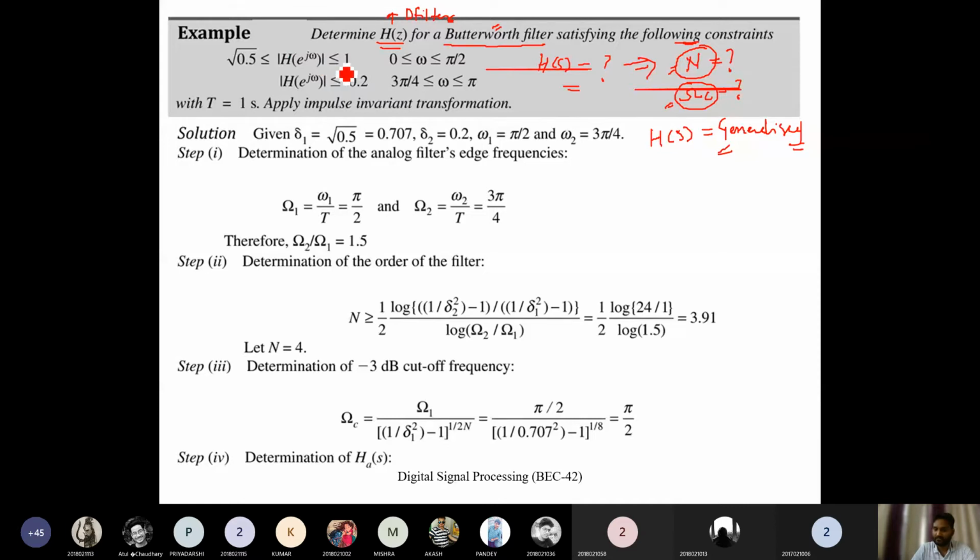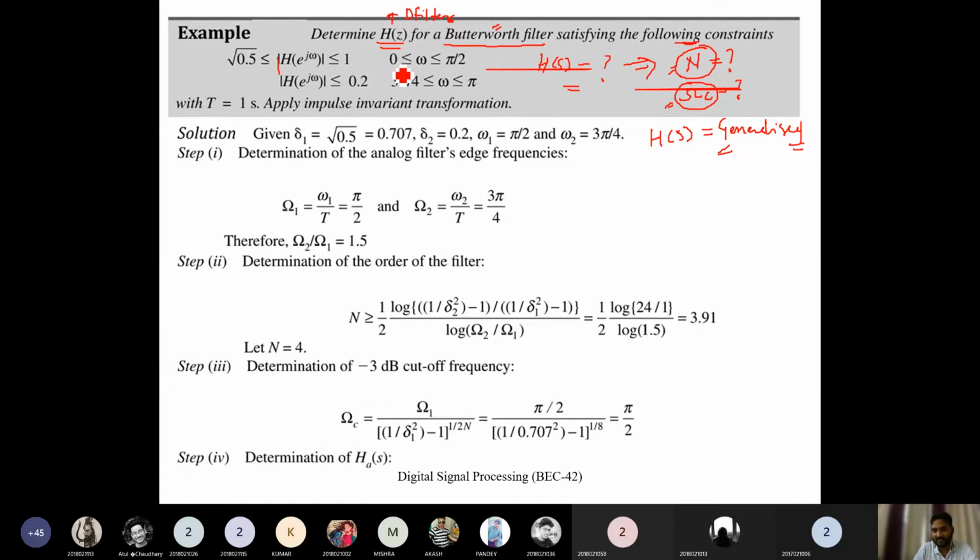So always the basic, or you can say the raw information, will be given in terms of the magnitude response. So it is the magnitude response of an analog filter. So this is given like the magnitude response is varying from under root 0.5 to maximum 1. So this we need to compare with the generalized formula. Because it is a low pass filter, whatever specification we are getting should be considered only for the low pass filter, or from the given specification also we can get whether it is a low pass filter or what type of filter it is.